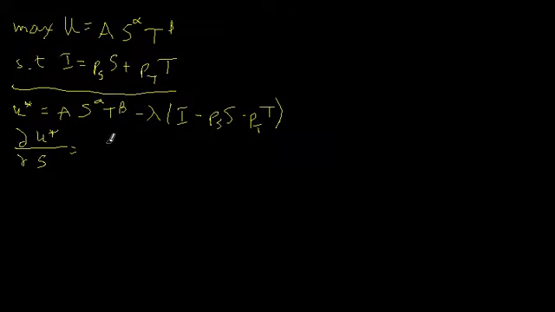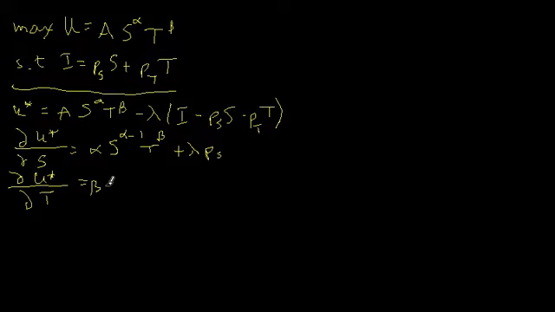And so what we have here is alpha times S to the alpha minus 1, T to the beta, plus lambda PS, and proceeding along, the partial derivative of U star with respect to tacos will be beta times S to the alpha T to the beta minus 1